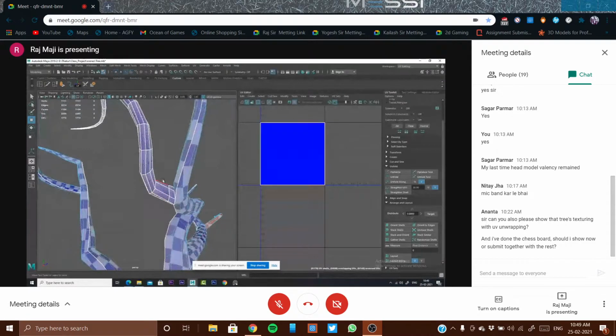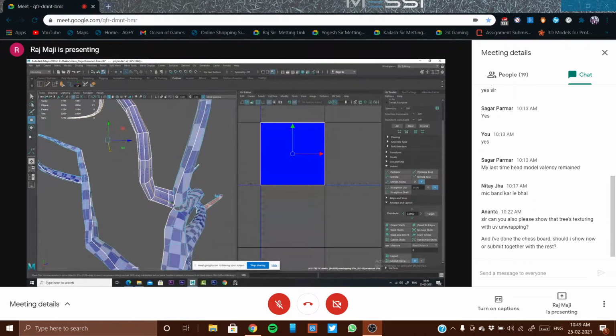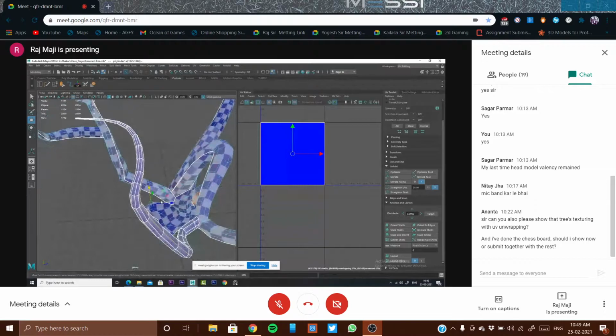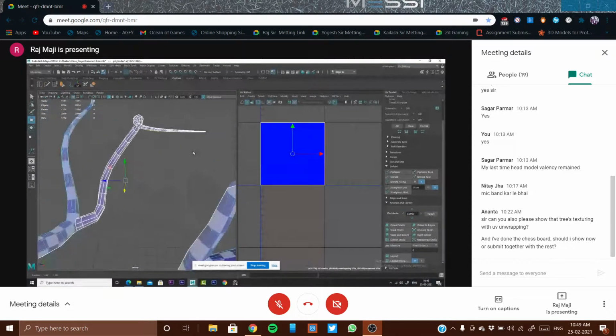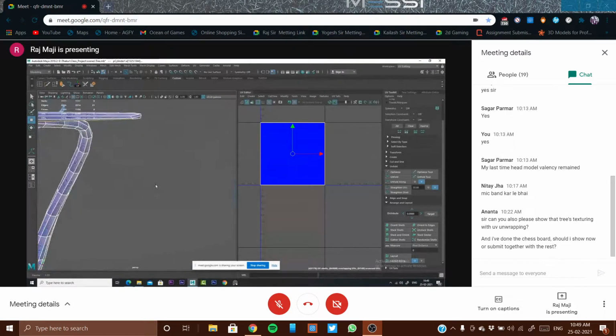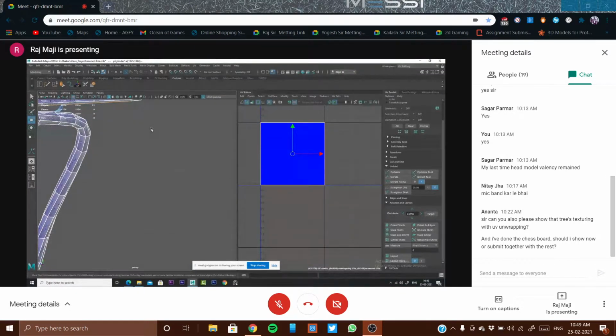So maybe it can be this one. The same seam will continue like this. So this will be my seam. Select it entirely, and over here also I need to do it, the last point.